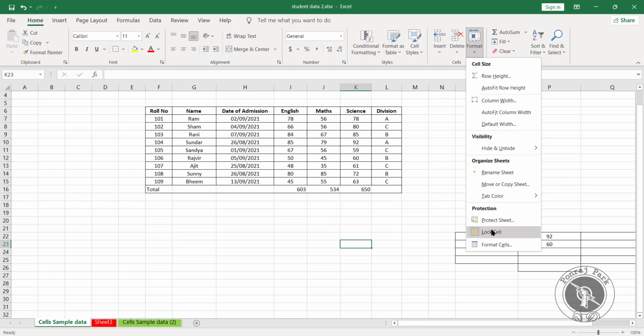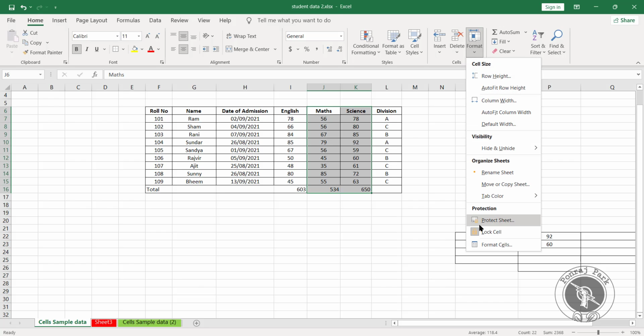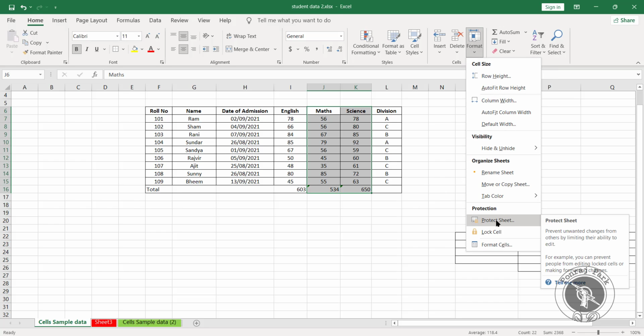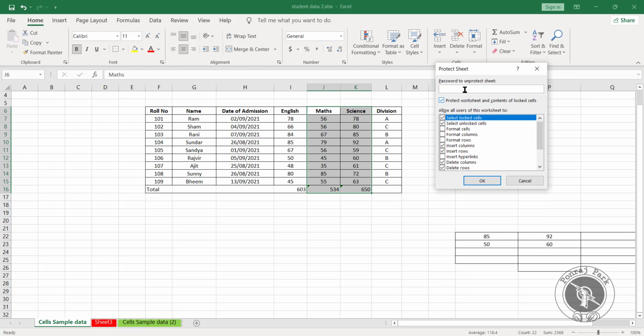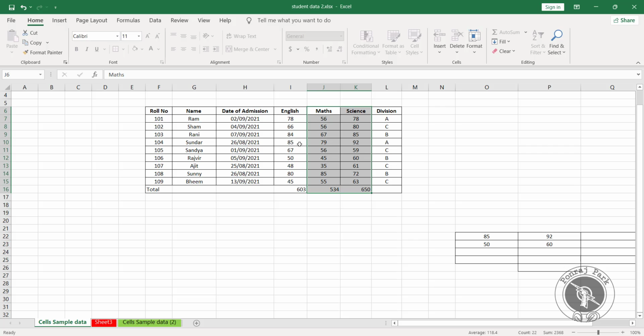Next we have the lock cell option over here. So now I select these two, and I simply lock my cell. Then I go here to protect sheet, enter my password and re-enter it.